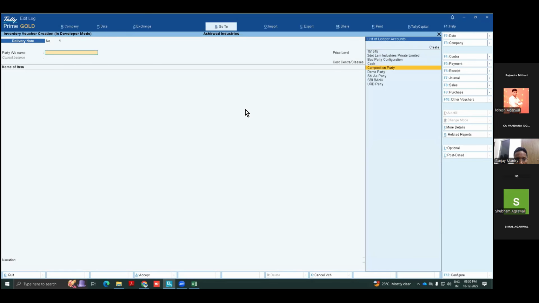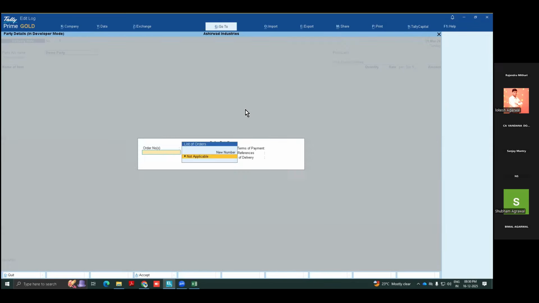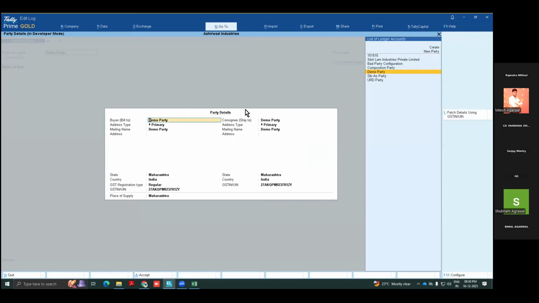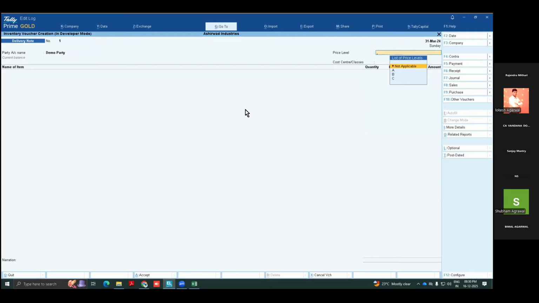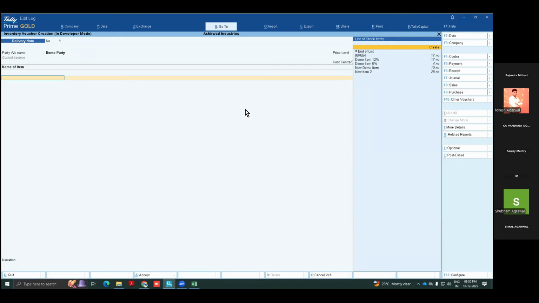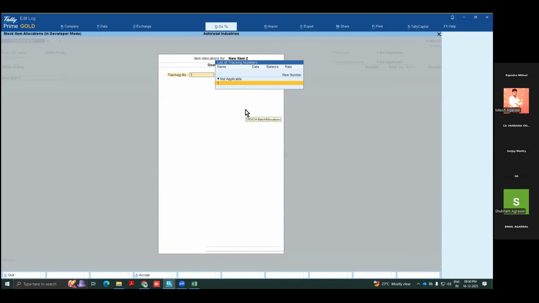So here you can take a buyer, any buyer, I will just select one. Okay, no orders. So orders are mostly tracked in the delivery note, and the delivery note is tracked in the sale invoice. I will take only one example, item 2. Now here is the tracking number. That is very important, how you are going to track this DC. Suppose your challan number is DC1, you can type DC1 here and press enter, that is possible. Otherwise 1 2 3 4 is also possible. Okay, order number is not given. Now I am selling 6 quantity, and I don't know the purchase rate, so I can press alter yes.